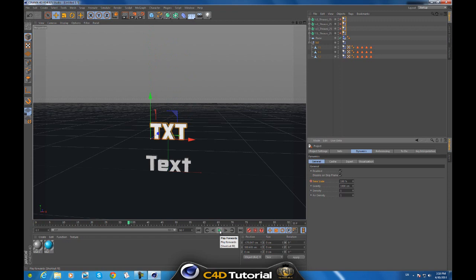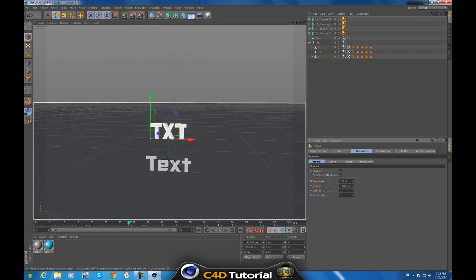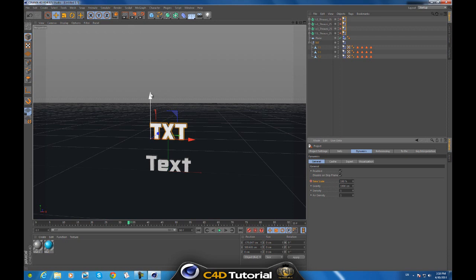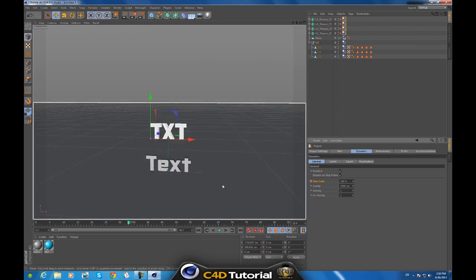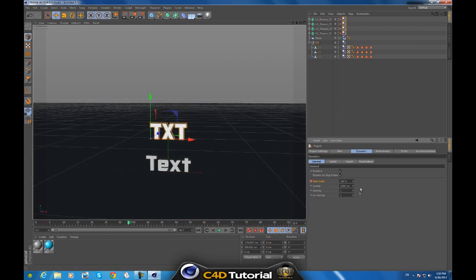about 33, depending on how high your text is. Go to the frame wherever the text is close to hitting the other text. So in this case it's frame 33, and keep the time scale the same at 100%, and hold control and right click to set the time scale at 100, and then go to frame like 37 where it's touching the text, and decrease the time scale to 1%, and hold control and right click to set